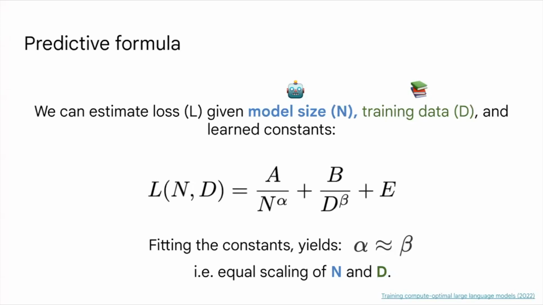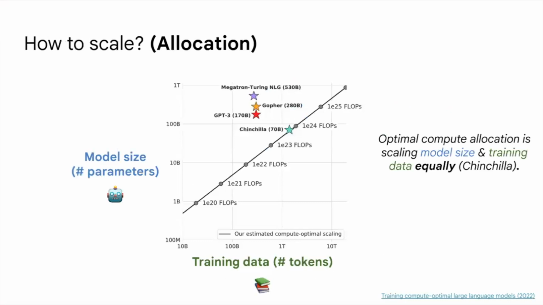Yeah, that's a great point. So I think this only considers training compute. So this is how you would optimally allocate if you want to allocate your training compute as efficiently as possible. However, if you consider inference compute, the amount of compute spent on using the model to predict stuff after training, then it might look very different, because a larger model is more expensive to serve at inference time. And so actually, you'd probably want to over-allocate a bit to training data in order to have a smaller model, which is going to be cheaper to use for inference.